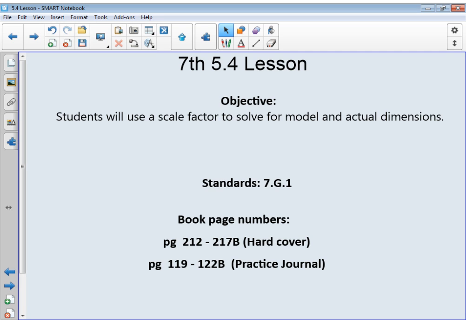This is part 2 of 7th grade 5.4. Students will use a scale factor to solve for a model or actual dimensions. The standard covered is 7.G.1. Page numbers out of the hardcover book are 212 through 217B, and out of the practice journal, pages 119 through